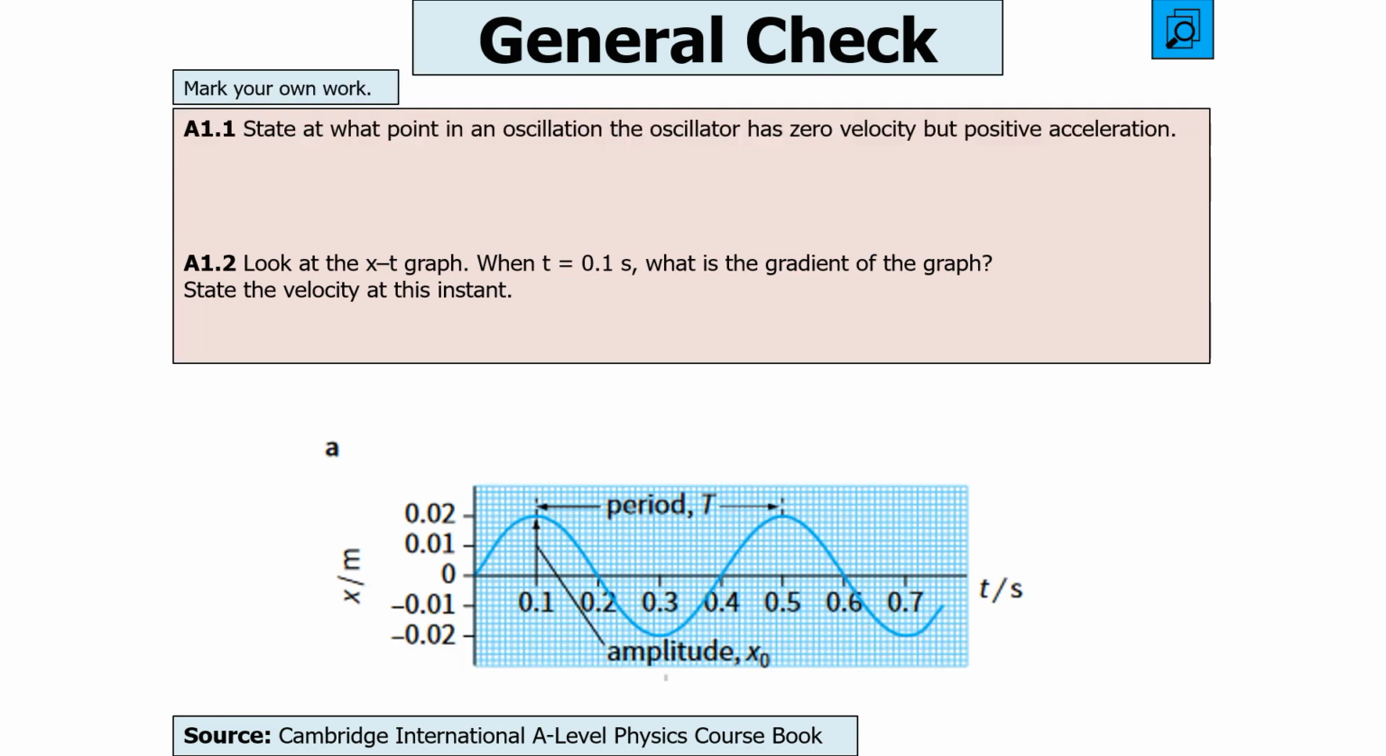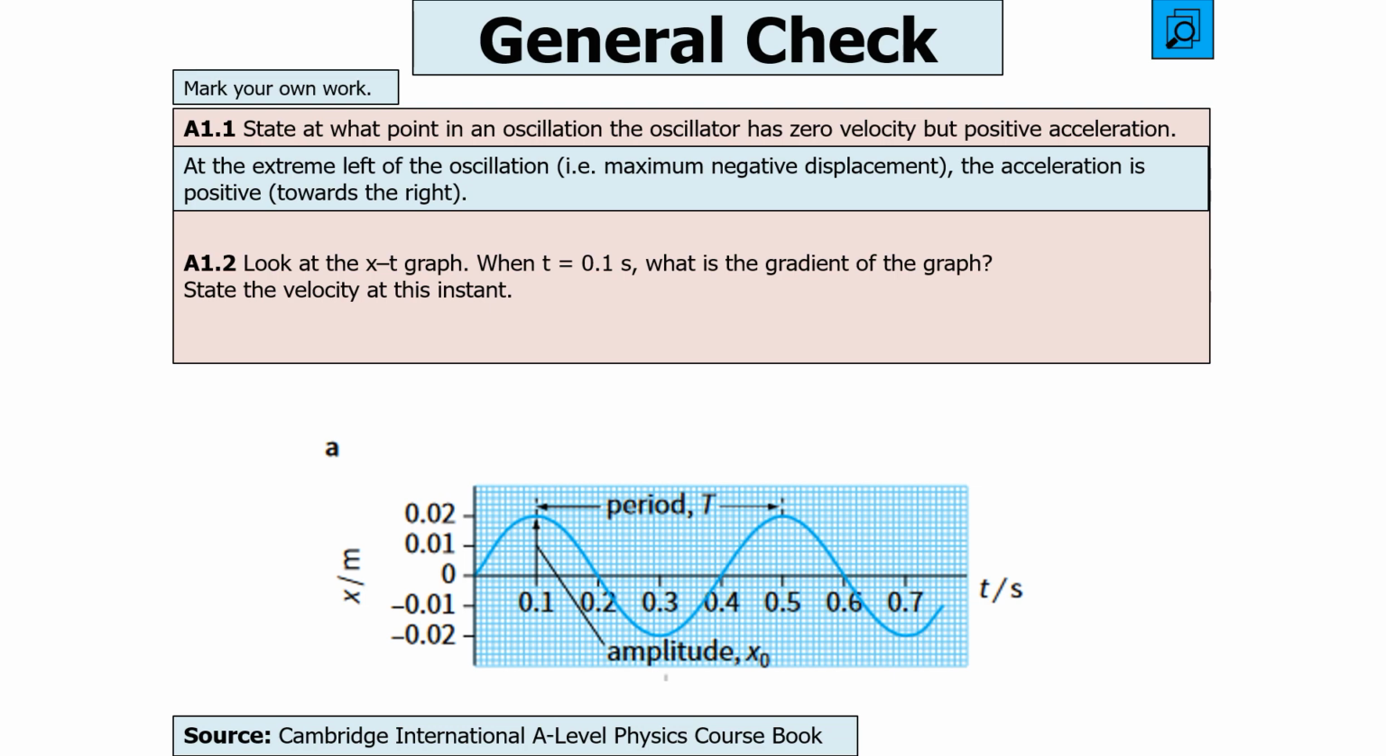Right, in this first one, when does it have a zero velocity but a positive acceleration? Well, it has a zero velocity at a maximum displacement. So the extreme left, the maximum negative displacement. Now it has to be the maximum negative displacement because the acceleration has to be acting towards the center, so therefore it must be positive and going towards the right. I mean, you could also have it vice versa if you've altered your positives and negatives, but they've got to